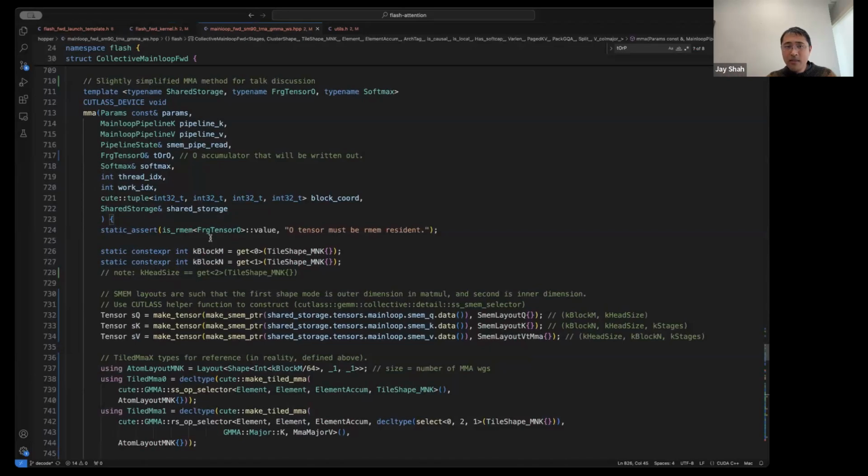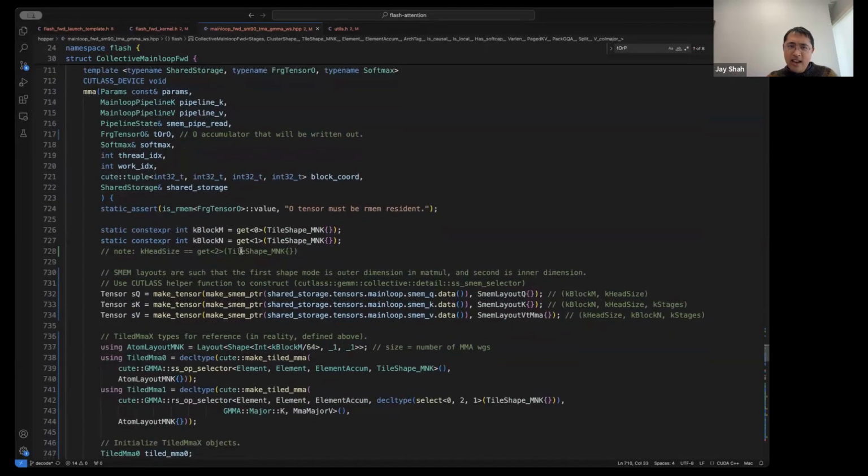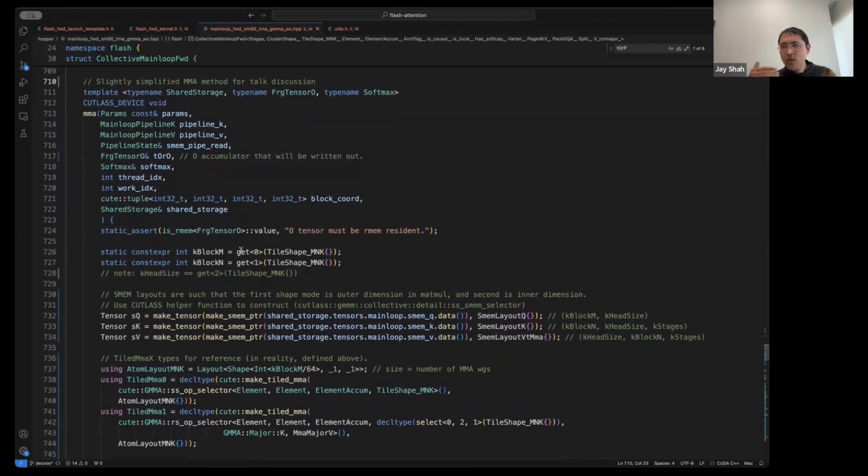So here's the MMA method, and I've tried to simplify it a bit, but not really so much. Let's step through what you need to know about Cutlass and what you need to know really about the algorithm in order to implement it.